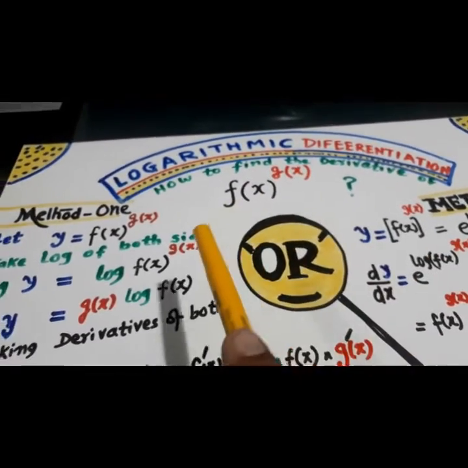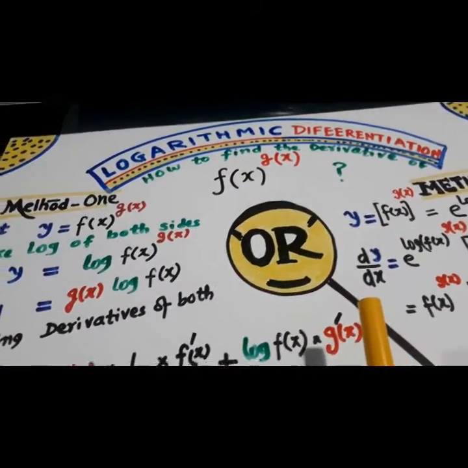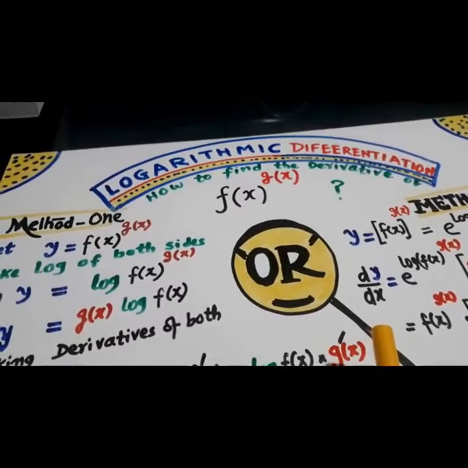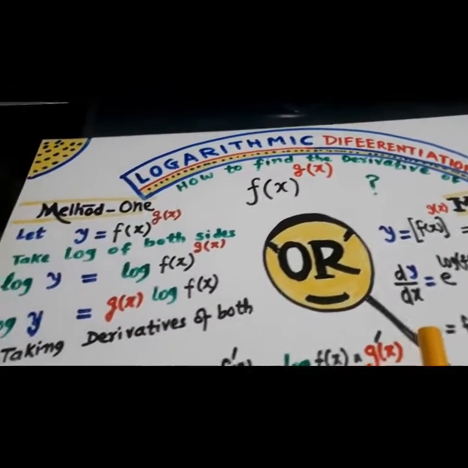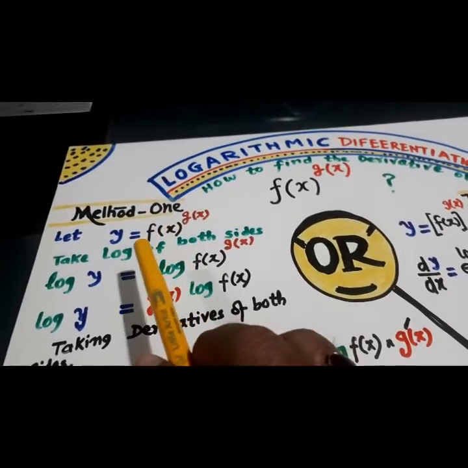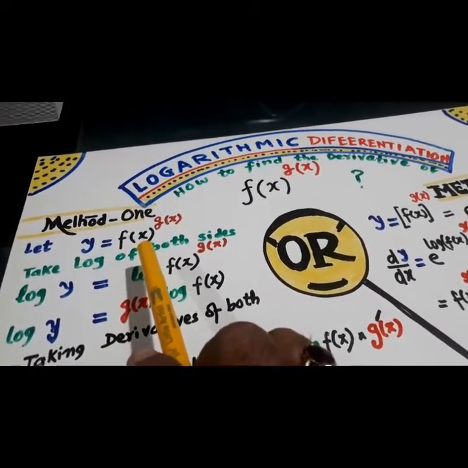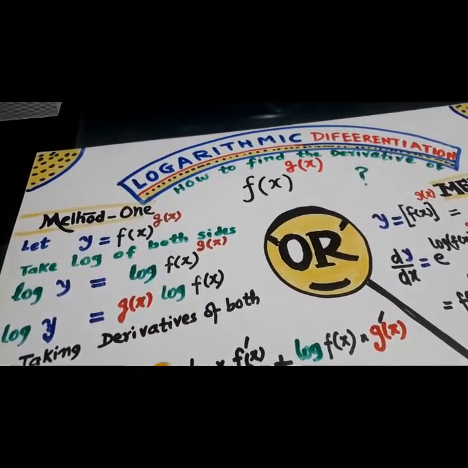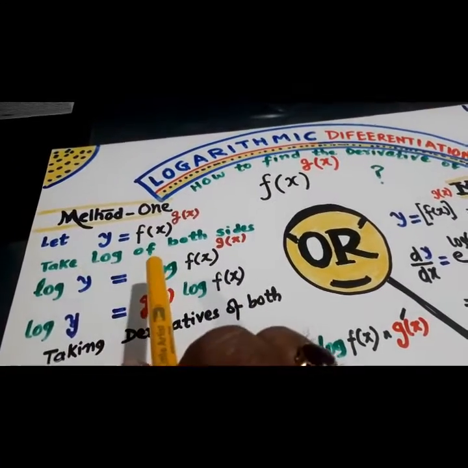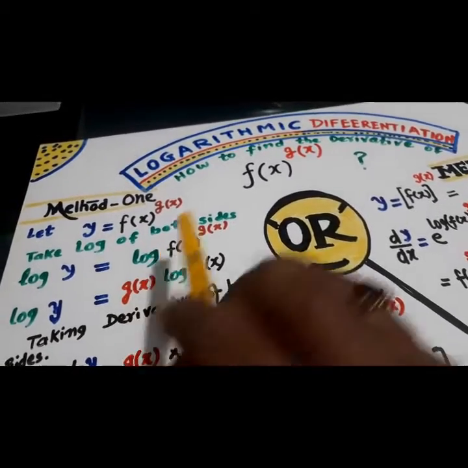Log brings the big ones down; it can even make anyone it is kind to a Prime Minister. So look here, method 1. y is equal to f(x) raised to power g(x). Take the log, g(x) will come down. It is of the shape log m raised to power n.